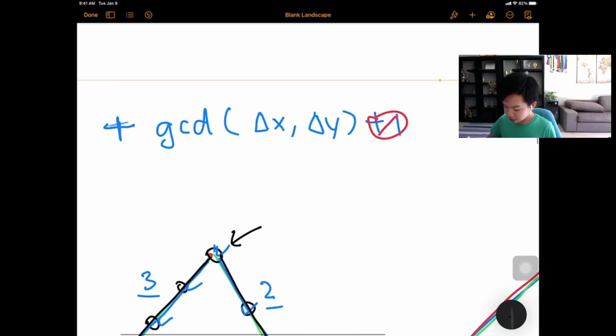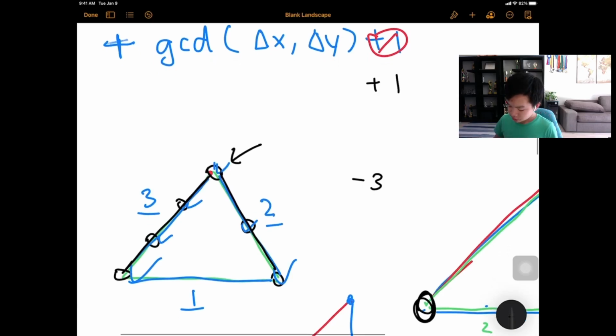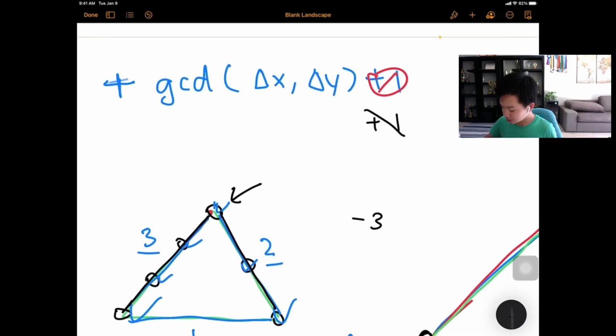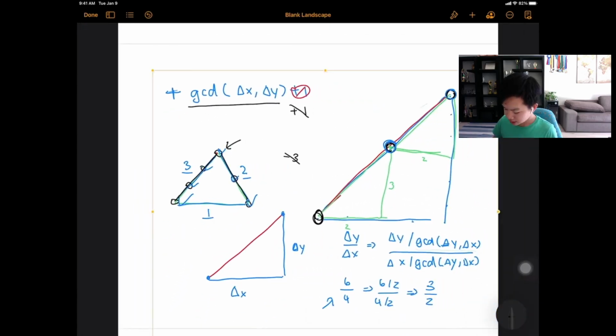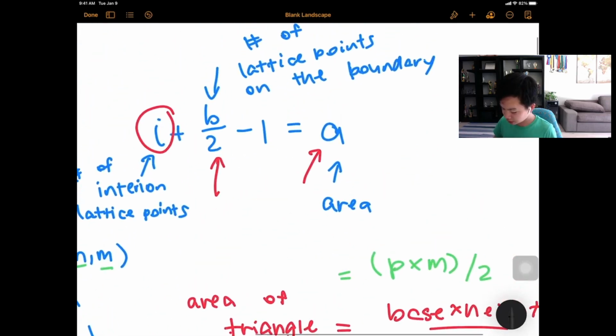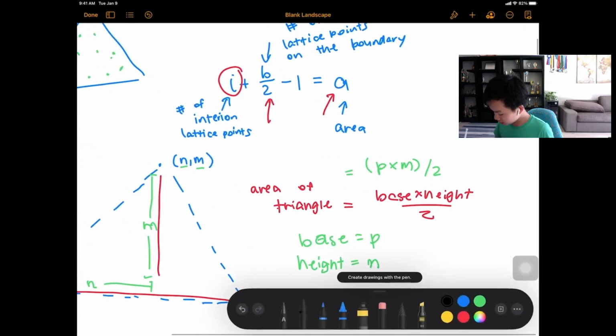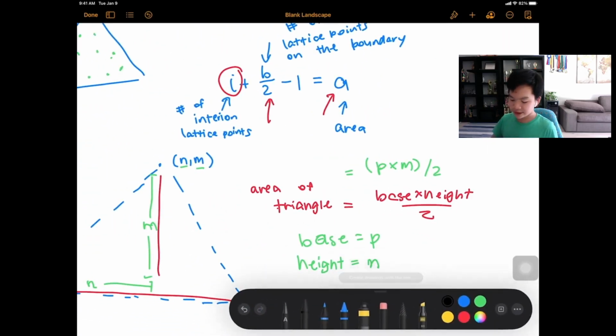So then either you can add this +1 and at the end you just -3, since you're overcounting each point twice, or you can just not add this +1 and just find the GCD. All right, so now we also know how to find B over here. Now the last thing we need to do is to simplify this equation so we can find